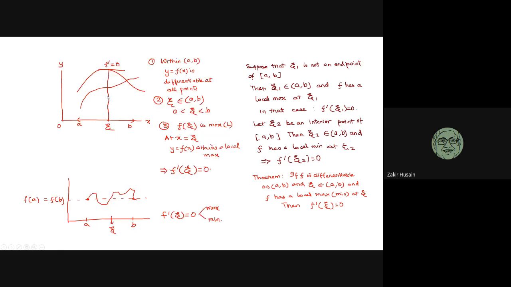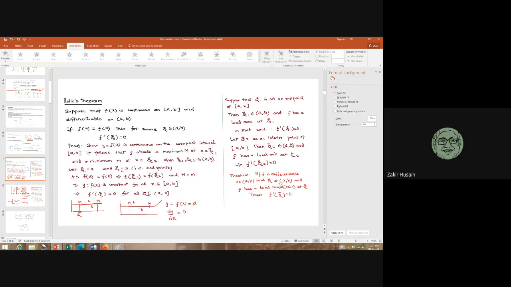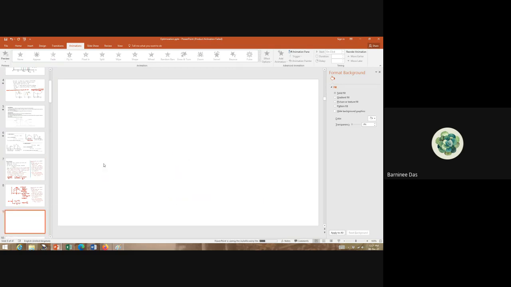Okay. Sir, how do I prove this one, that f dash epsilon equal to 0? This theorem? The last one. Yes, sir. Okay, we'll come to the theorem later on. At this moment, let us take it for granted. But note this case. I've taken an interval AB.